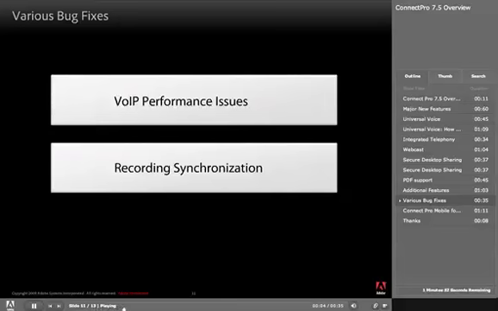In addition to all of these new features, Connect Pro 7.5 also includes a number of bug fixes. I won't mention them all here, but the release notes available online contain all of the details. This release fixes a number of issues around voice over IP performance, resulting in a much higher quality and consistent audio experience. We've also addressed an issue related to audio becoming unsynchronized when viewing a recording. Again, for more details on these and other bug fixes, I'd encourage you to read the release notes available on